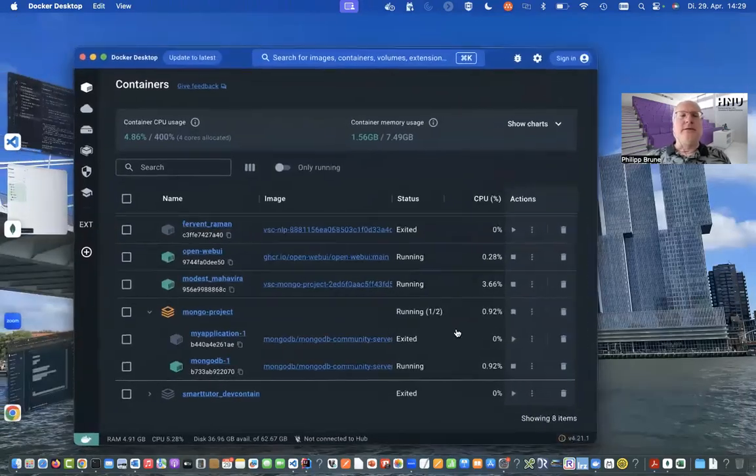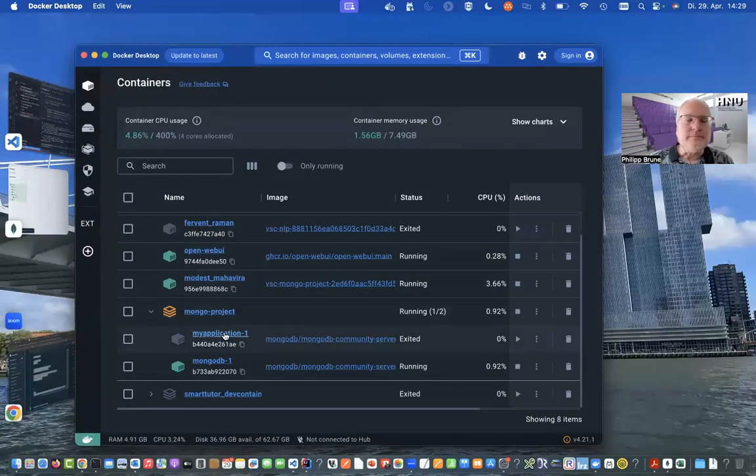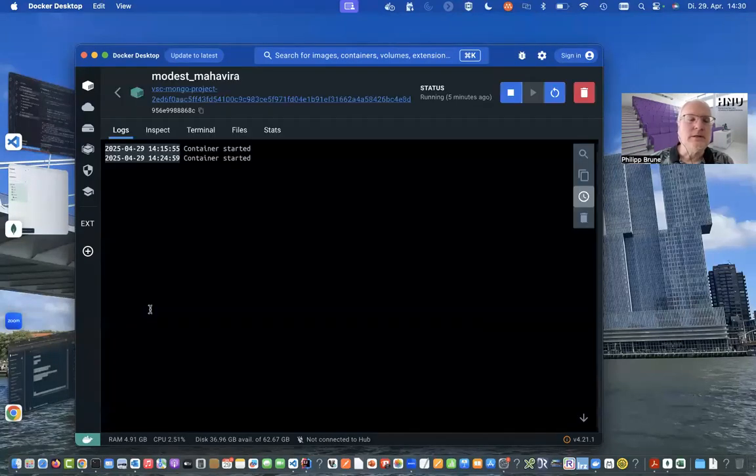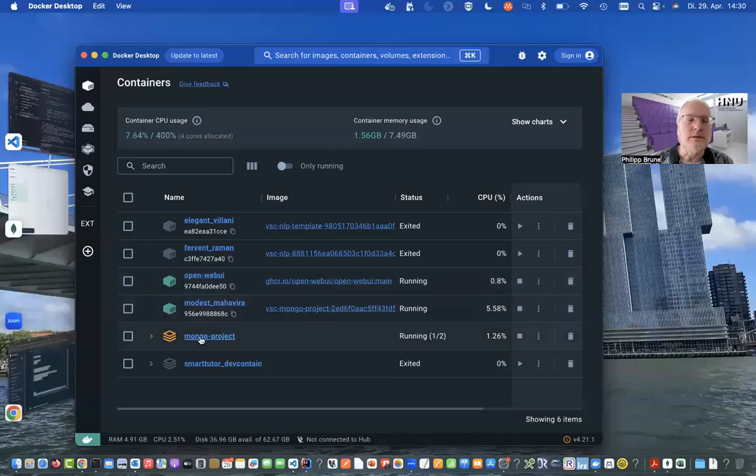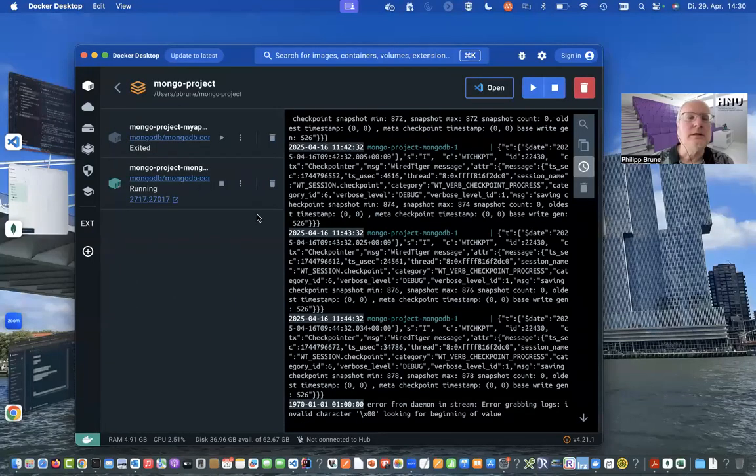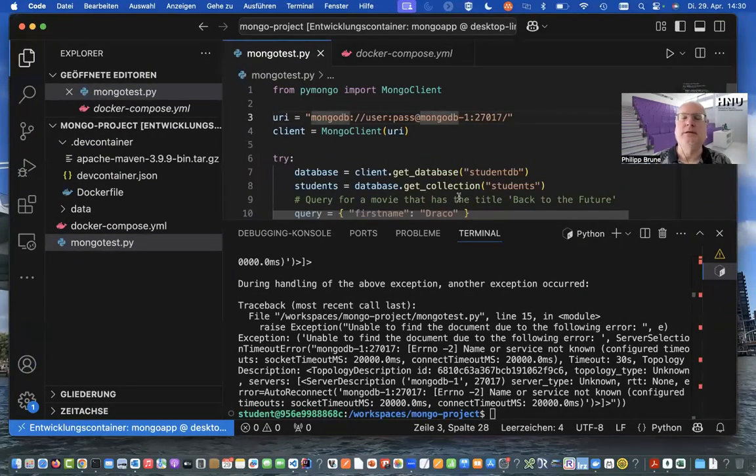Okay, so the problem is connection. It's MongoDB 1 and it's Mongo project. It's Mongo minus project minus Mongo. That's the name of the container. Yeah, Mongo project, MongoDB1, something like that. Mongo minus project, group name, and then